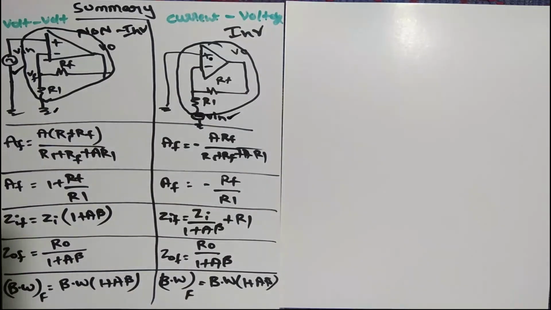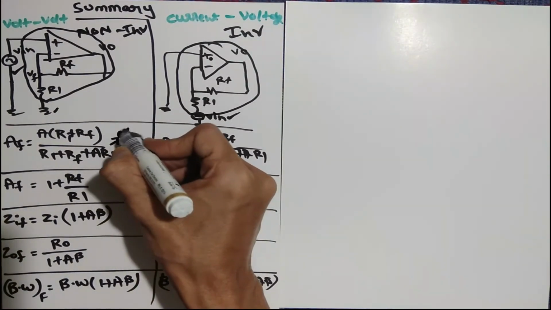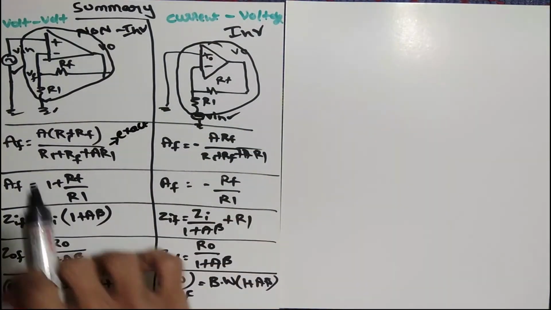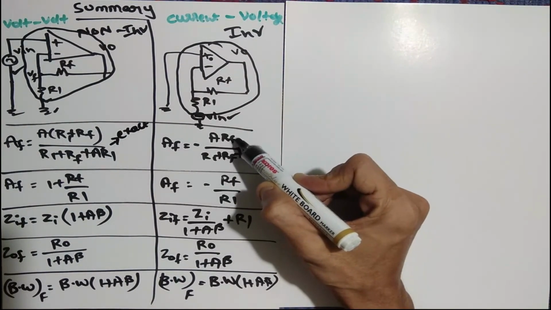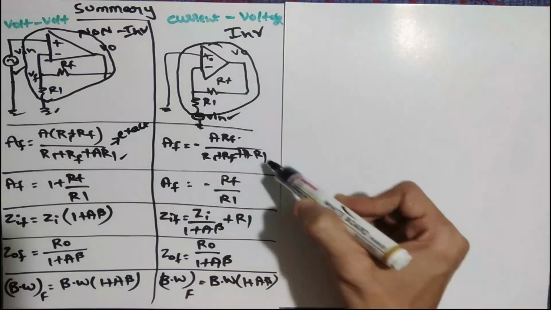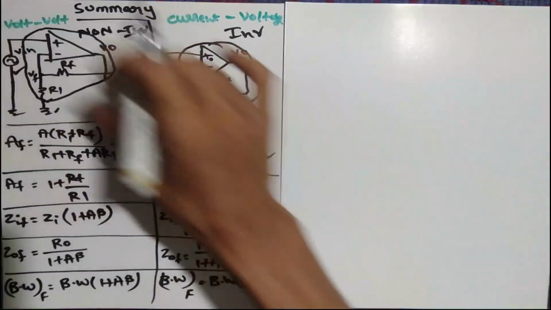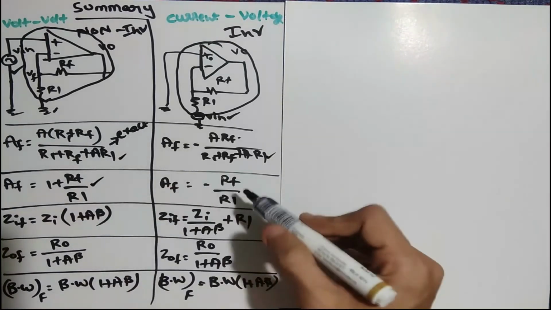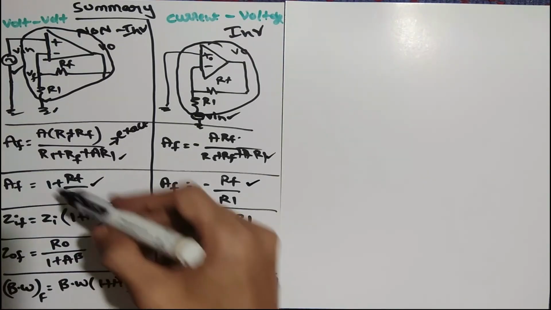Very simple operation. After that we will get five things to calculate here. Actually, the first thing we have to take is the exact answer of AF. From the derivation we got this one. So here what we got is A into R1 plus RF. But when you go to the inverter, only A into RF. That is the difference. But the denominator, on both sides we will get the same. Okay, it is not required to memorize this one. Simply do the derivation and you will get it if they ask in the exam. Otherwise, you people know it from first year also, and this is the very famous formula, or general formula, or ideal formula, we can take it.